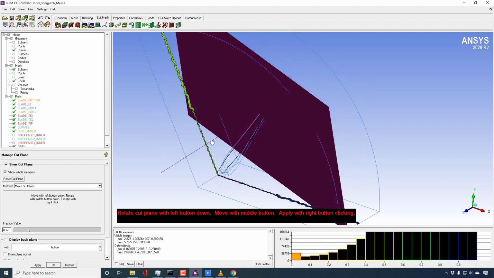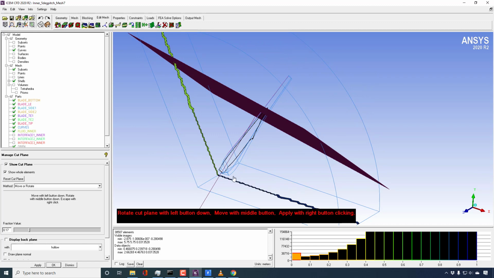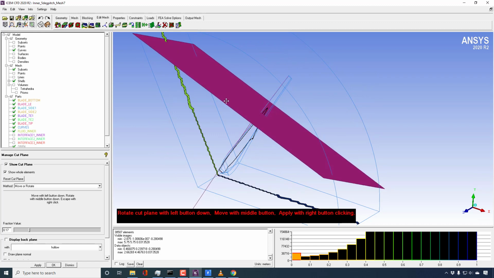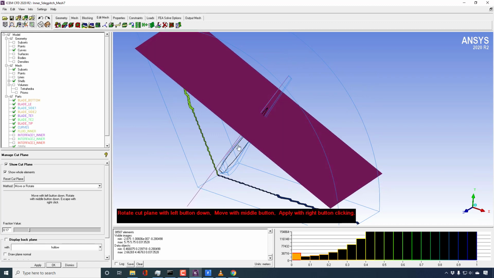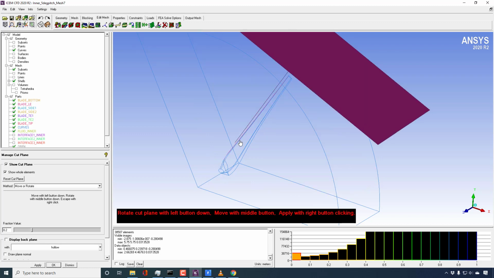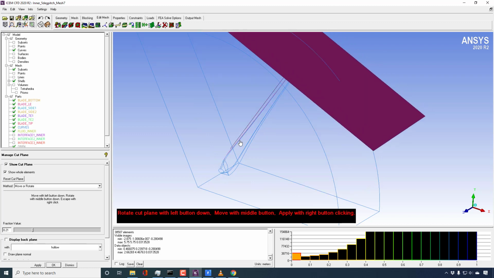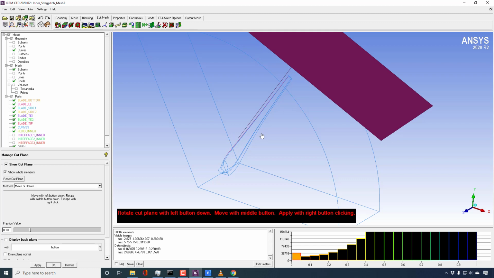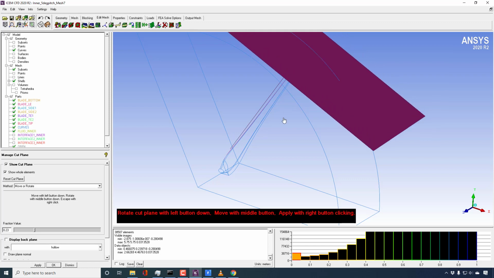So let's say I do it with the left mouse button in this way, and then to move it up and down you can use your middle mouse button, either the wheel option, or you can just press the middle mouse button and drag it.